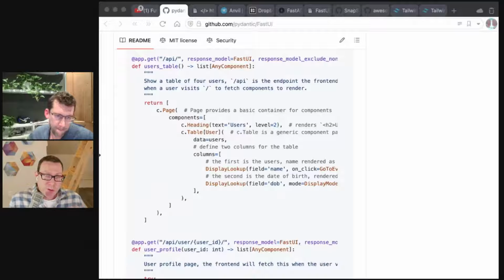But what you do is you create, in this case, a FastAPI endpoint, and then you return a hierarchy of elements out of FastUI. So we have a page. The page has components. The components are a list of a header and a table. The table has data, which maps over to a list of Pydantic models, which then help say what goes in the field and for the column headings and things like that. It's pretty interesting. I think it's neat. Thank you. And obviously we can add other components like pagination that works.